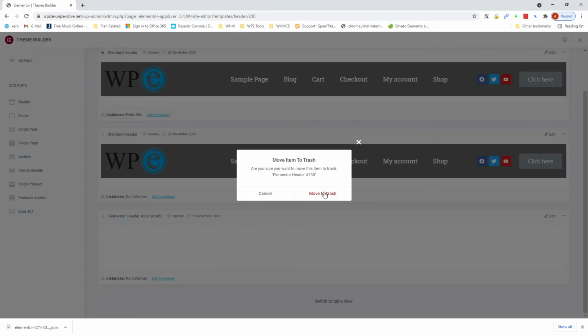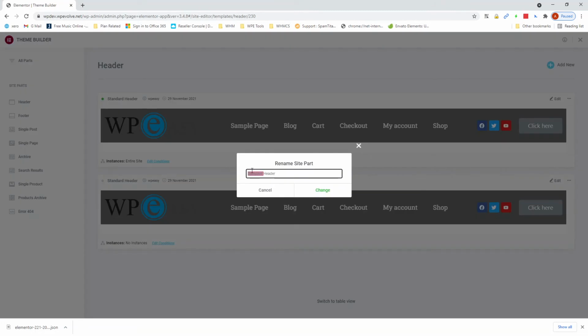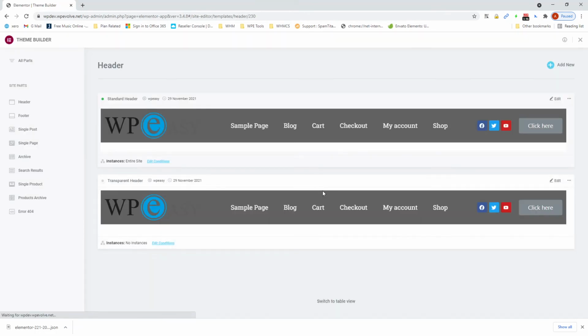Trash that. Okay. So I'm not sure what happened in the import process here, but here we've got our original, and then we've got an imported one. We can tell because that one's the one we put on the entire site. This one is not. So let's rename that to our transparent header, and change that. And we'll also make this sticky as well. So now if we edit that,